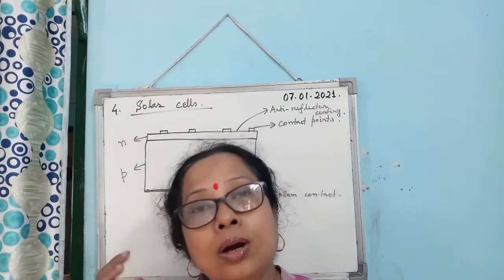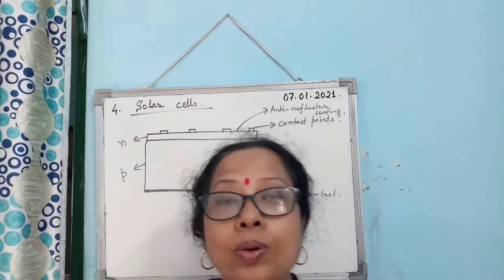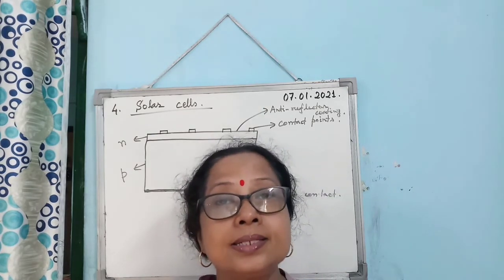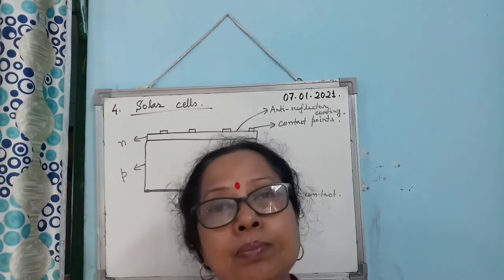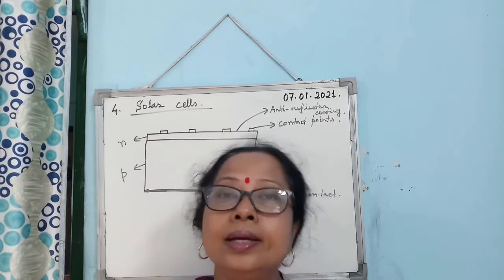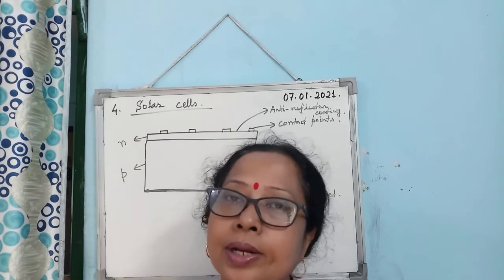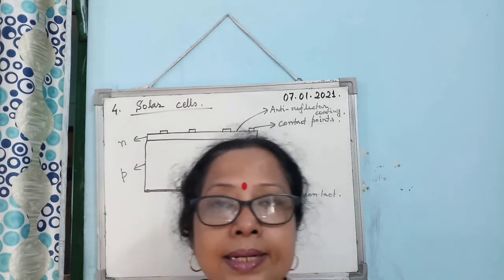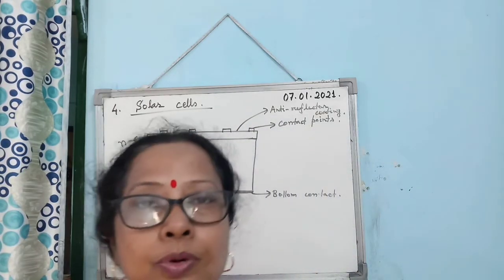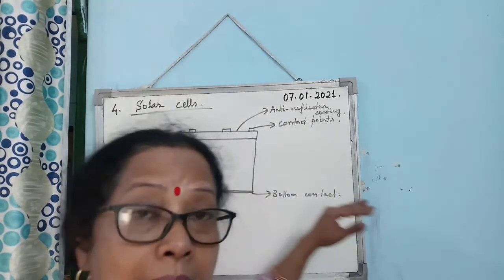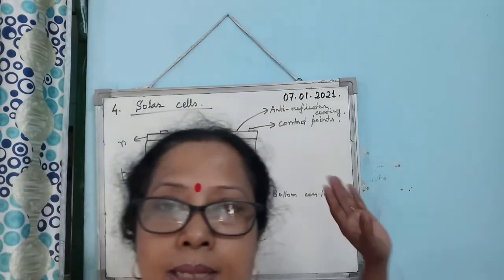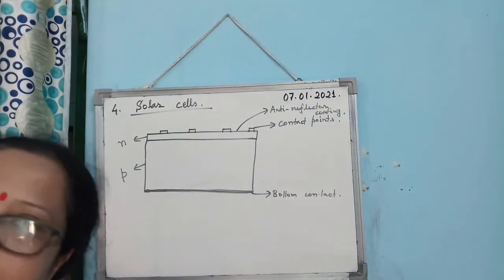Alright, so from this chapter what you must learn and prepare is the reverse bias characteristic circuit and graph, forward biased characteristic circuit and graph, then half wave rectifier, every detail, full wave rectifier, every detail, LED and Zener diode. Out of all, these four types of diode are the most important for the board exam, but I cannot give you the guarantee that a question will not come from the solar cell. So the solar cell and the photodiode also you must learn and prepare.